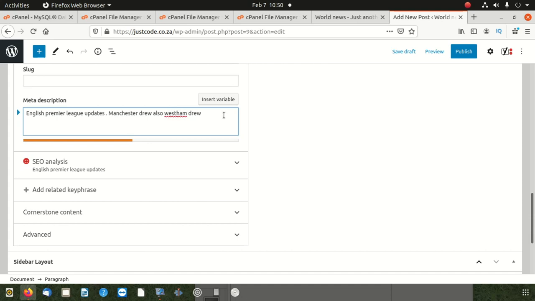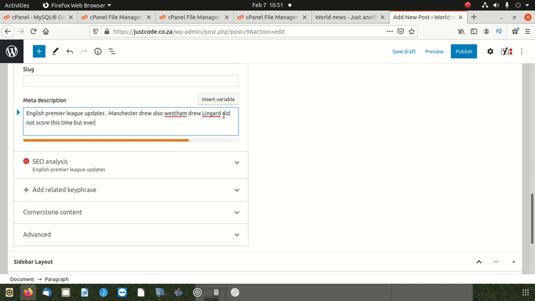Then we say Lingard. We're gonna say Lingard did not score this time. Okay, then we wanna make it green, and we say,